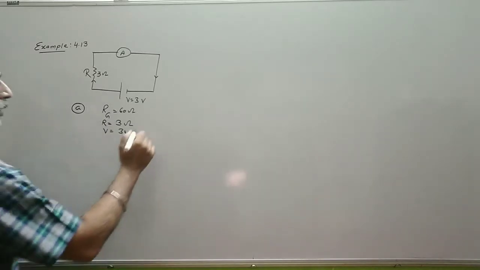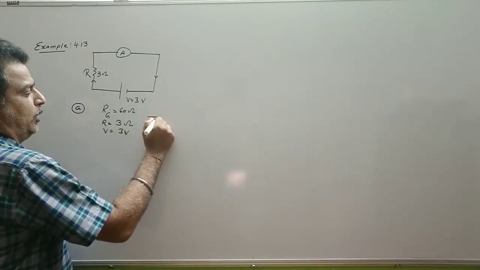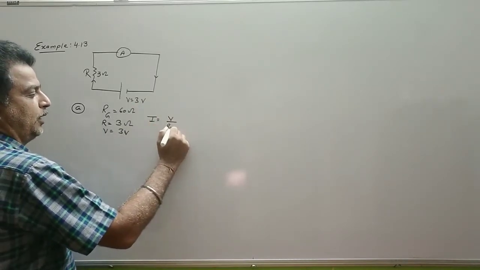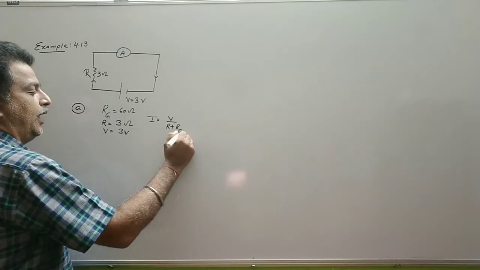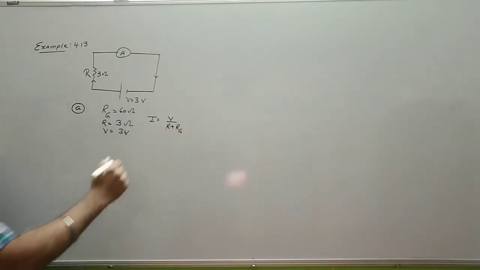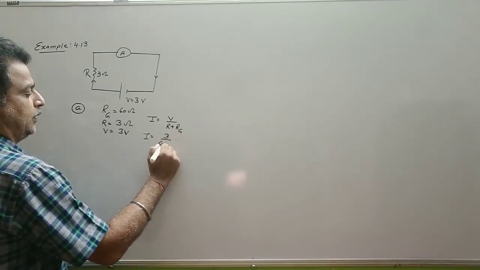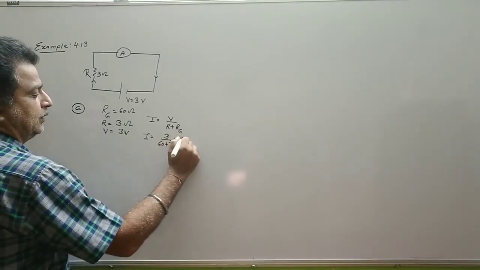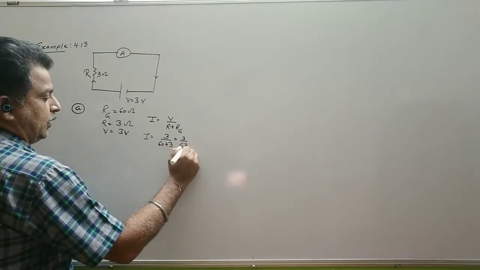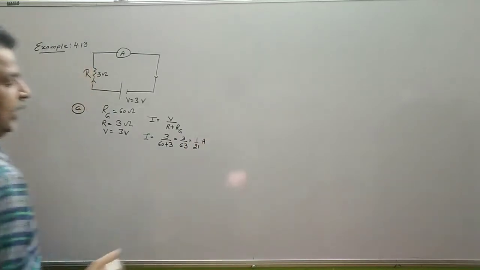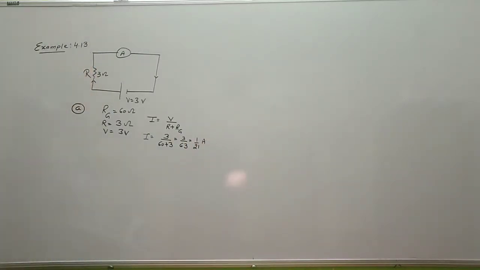So if we assume that this galvanometer is used to measure the current, then what should be the current? Directly I will be equal to the potential of the circuit divided by the total resistance, that is R plus Rg. So that is Ohm's law only. So I is equal to 3 upon 60 plus 3, that is 3 upon 63, that is equal to 1 upon 21 ampere. So you can calculate this value, that is 1 upon 21. Second part,